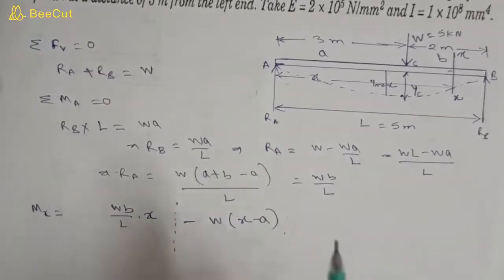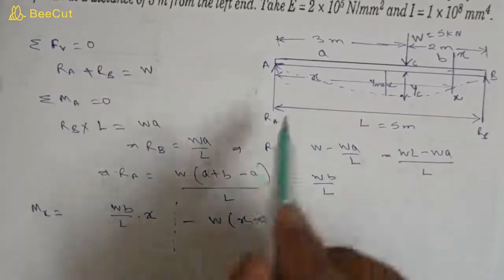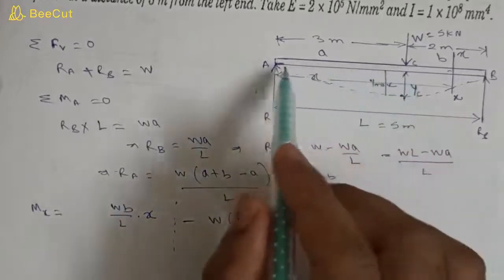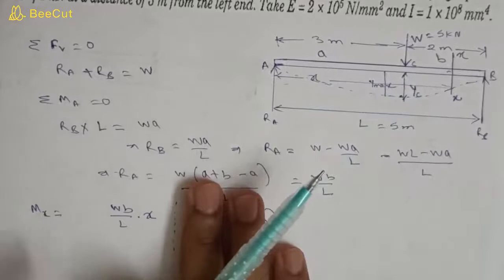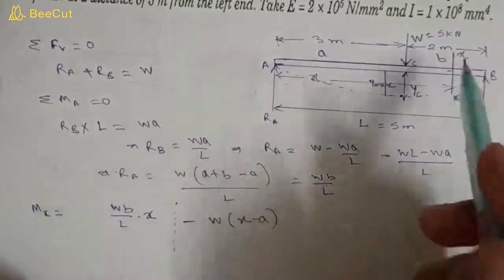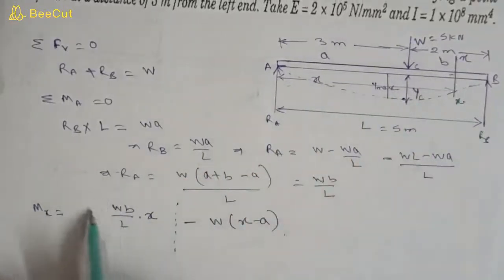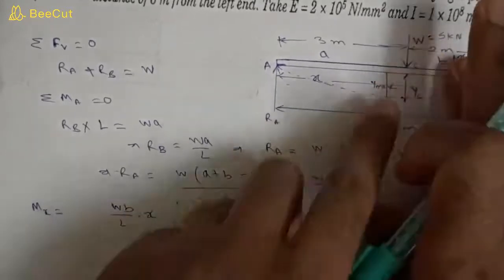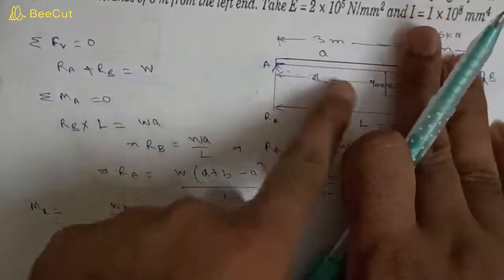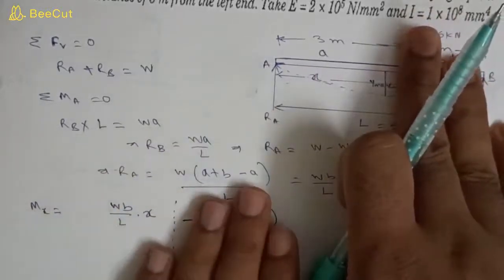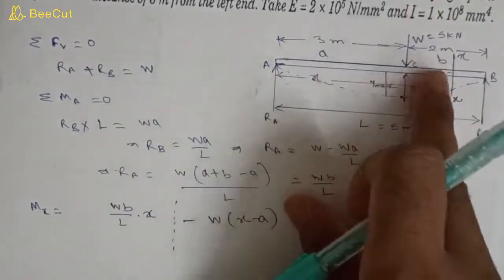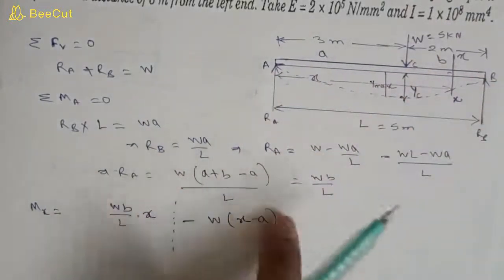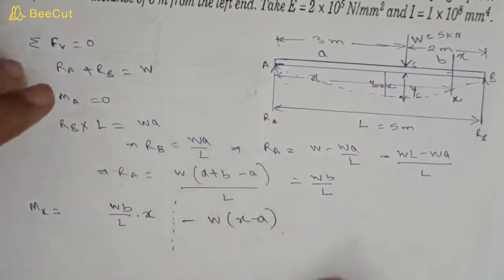Now remember that if you have to find the deflection or moment in this section, then stop up to here, consider only this thing. And if you are finding something for this section, then you have to take the whole portion, because up to here only, W load is 0, so we will leave that term. Up to the dotted line we have to consider only that, and if you are considering for this section after W load, then we have to consider the whole equation. Okay, so this is equation number 1.